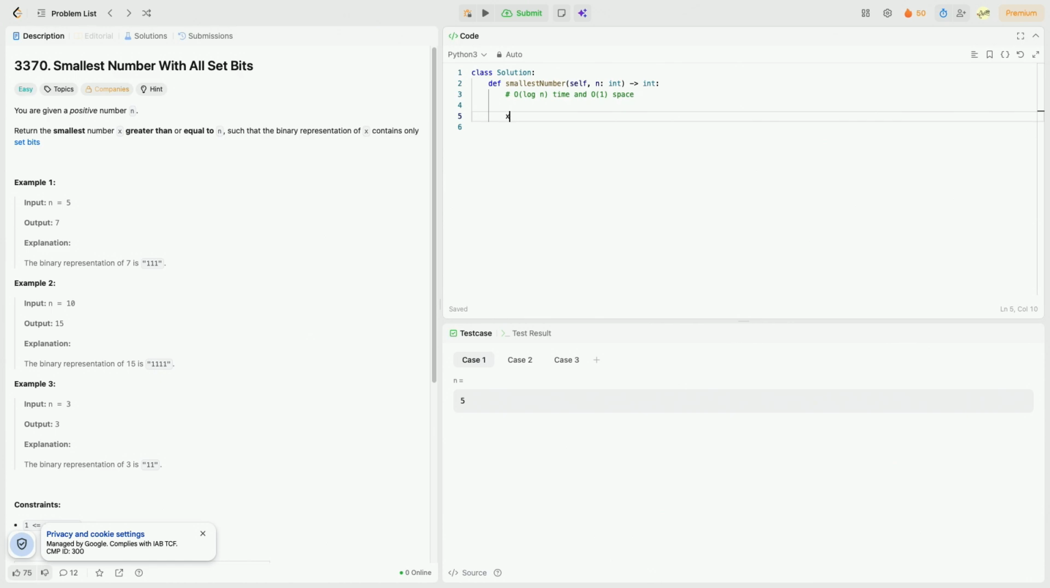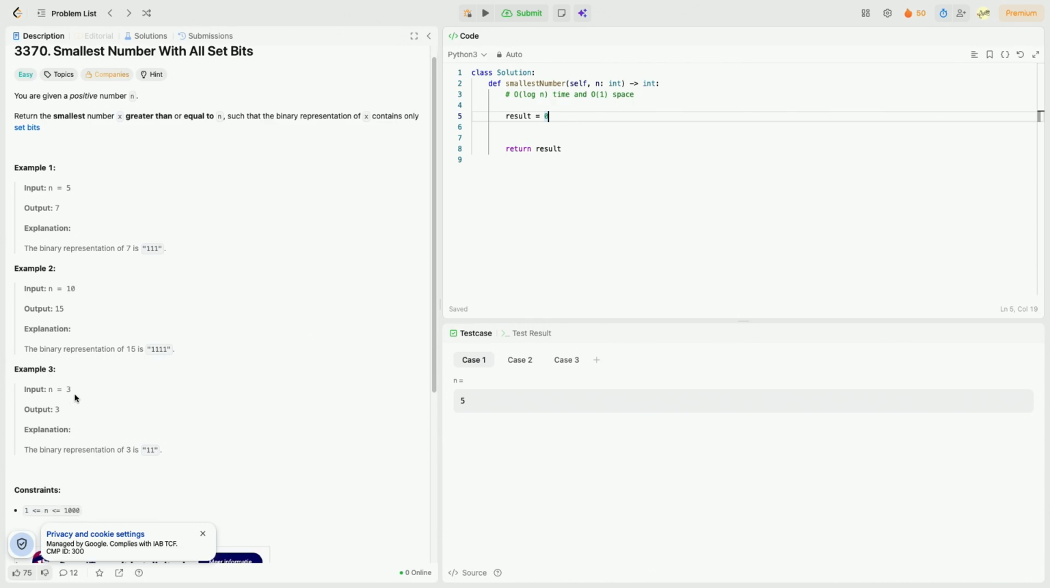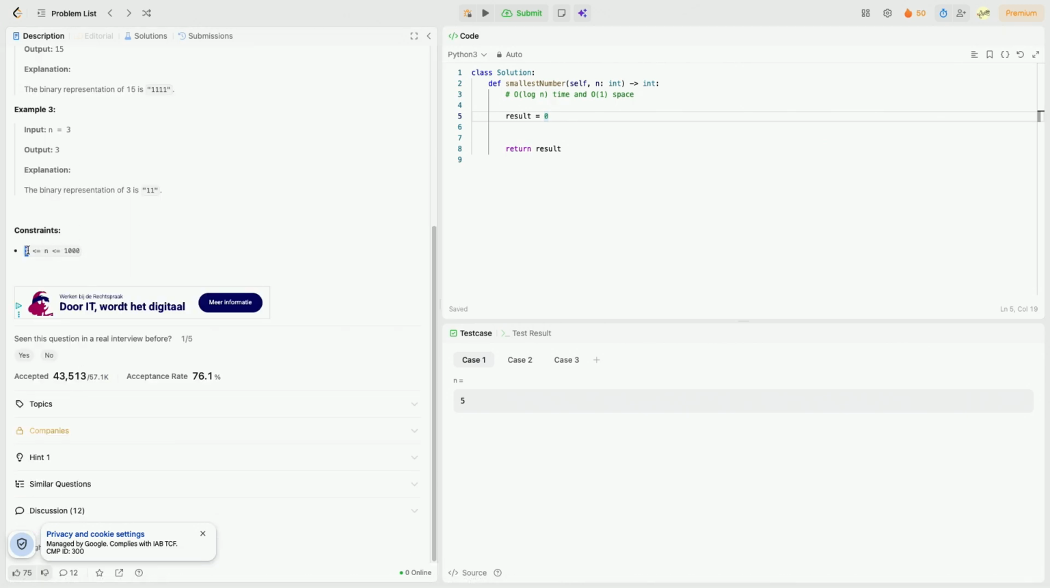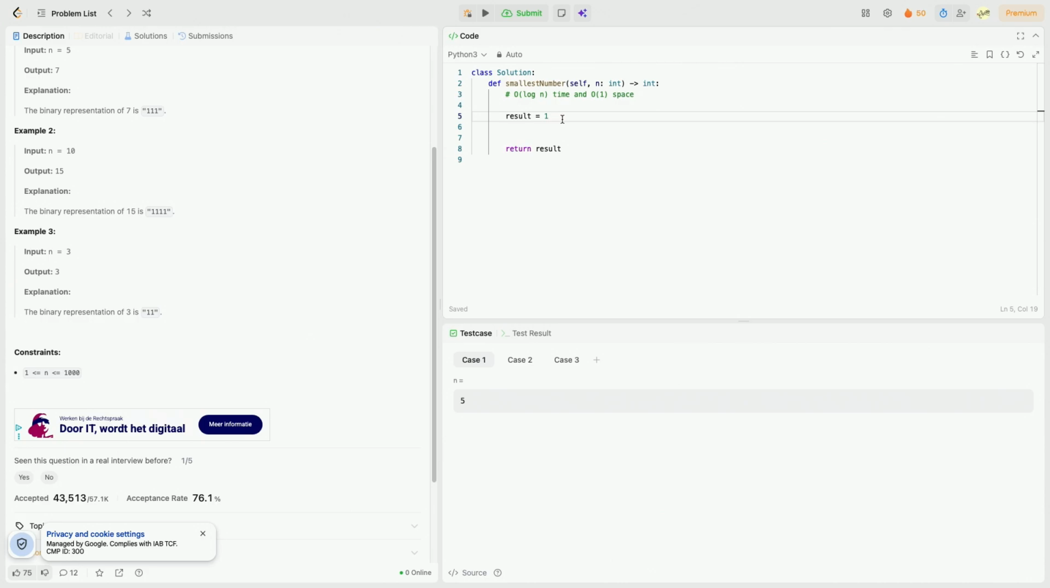So we start with our value x. I'm just going to call this result. And since n is at least 1, that means the smallest result value can also only be 1. Decimal value 1 is the binary value also with just the 1 bit set, right? So now, while result is smaller than n, we're going to perform an operation. We're going to multiply our result by 2